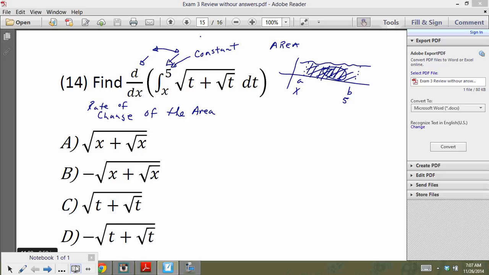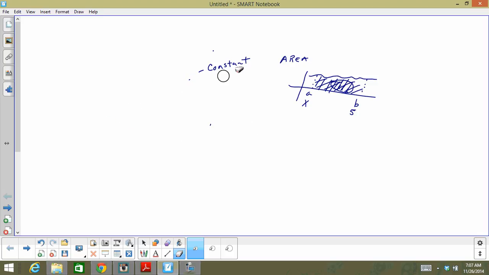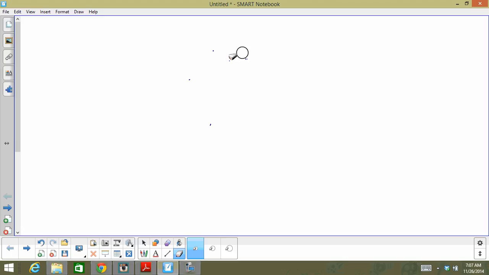And what this has to do with is the second fundamental theorem of the calculus. And so let me take a moment to tell you what the second fundamental theorem of the calculus says. It's based on the mean value theorem for integrals, so you can look up those two ideas. What we're talking about is the second fundamental theorem of the calculus,